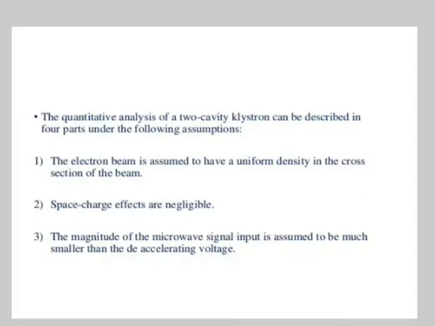So what is the velocity modulation process in a two cavity klystron amplifier? Now here we consider v0 as the velocity of the electron and V0 as the DC voltage between the cathode and anode. When the high DC voltage V0 accelerates the electrons before entering the buncher grid, their velocity v0 is uniform.